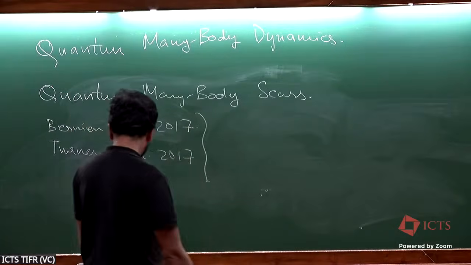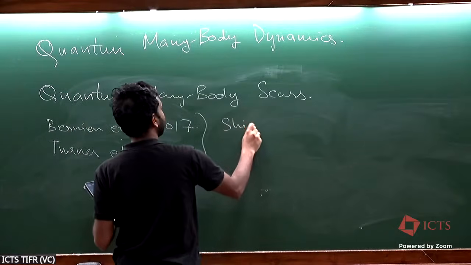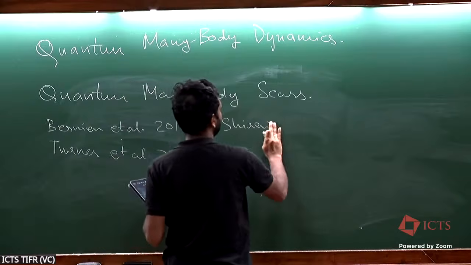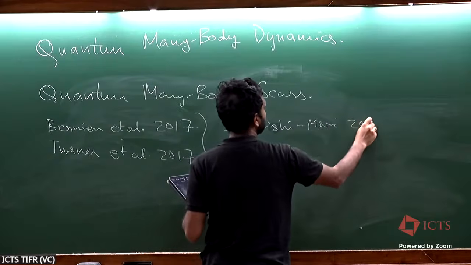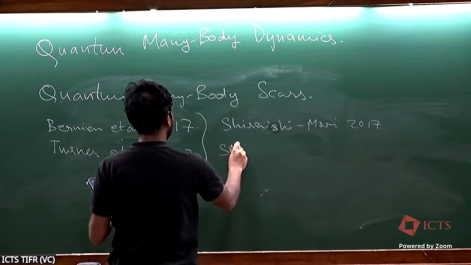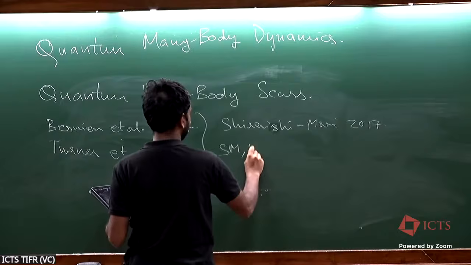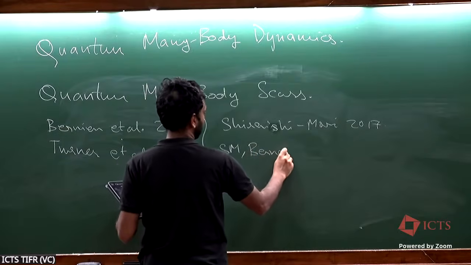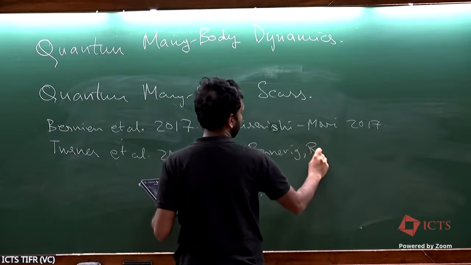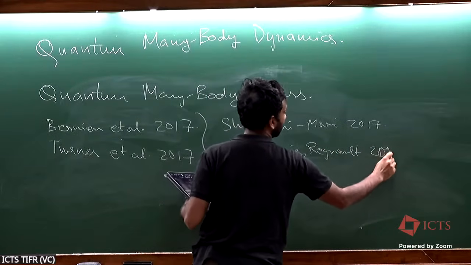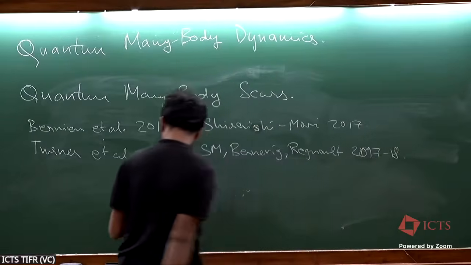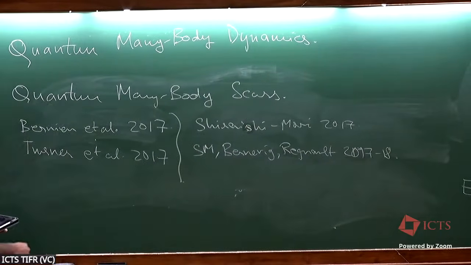And then parallel to this, there were also more theoretical papers. So this is Shiraishi and Mori in 2017, and myself with Andre Bernevig and Nicola Regnault in 2017. Okay, so what are these